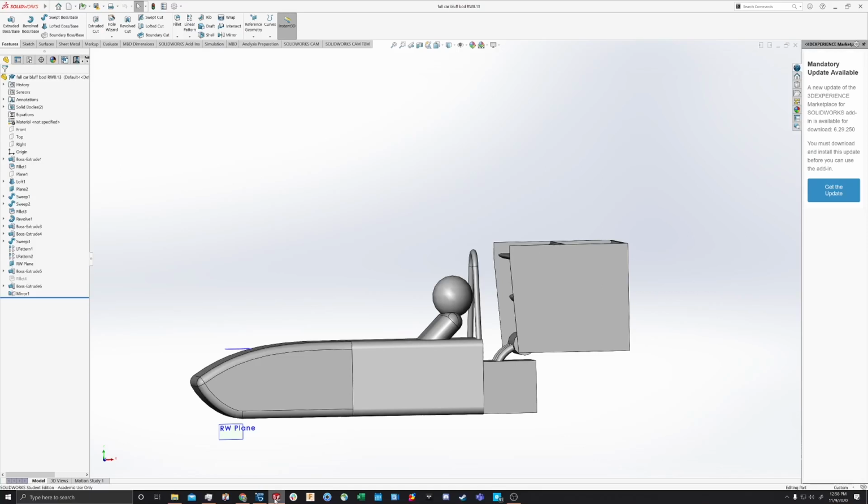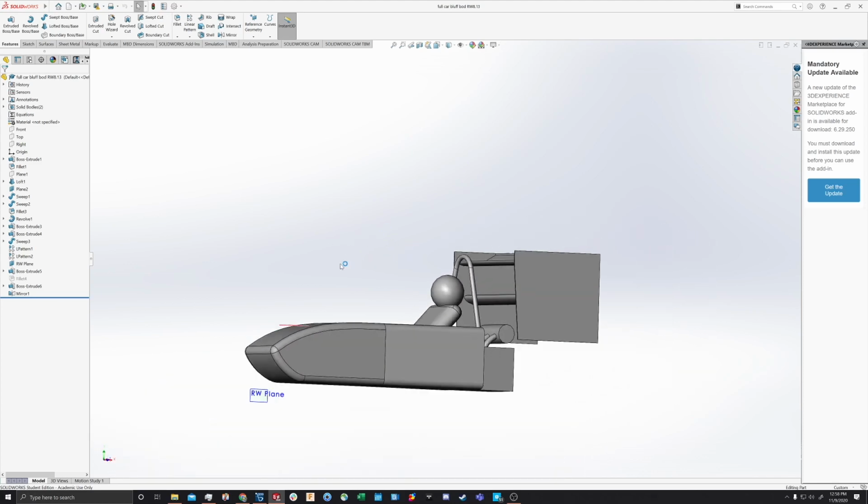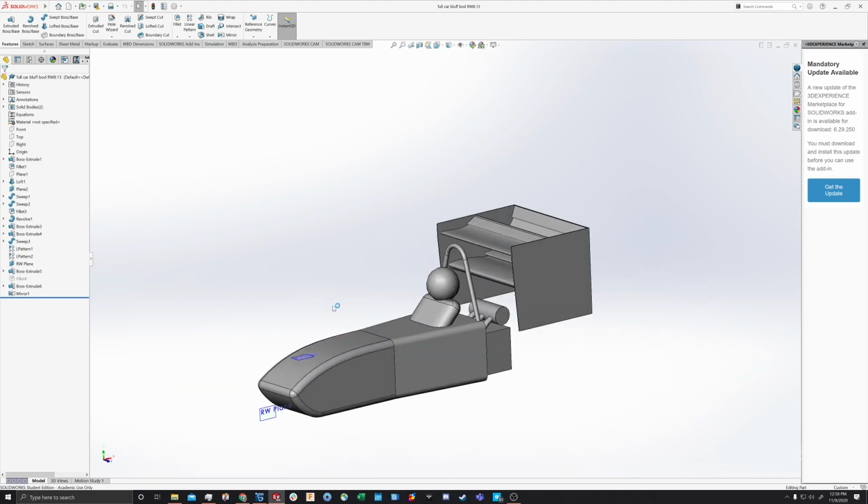Okay, so here we are in SolidWorks. We've got a model that I've created that I want to run today. So the first step to actually creating a Star sim is creating a model that you can use in that